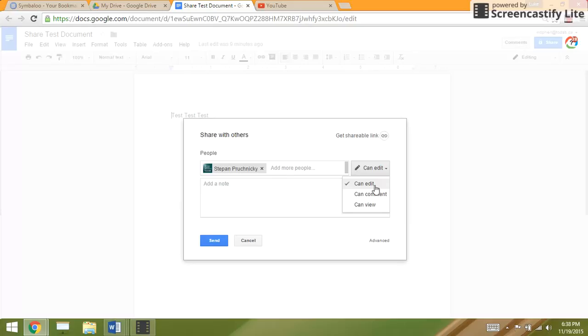So if you click edit, and another person makes changes in the document they get from you, those changes will automatically show up in your file. So really the only time you're going to choose edit is if you are working with a collaborator on a document and you trust them to make the appropriate changes that they need to make. Otherwise, you're not really ever going to click edit,